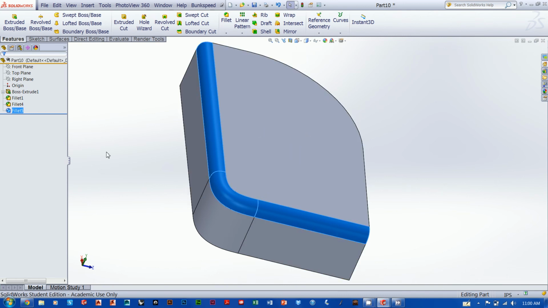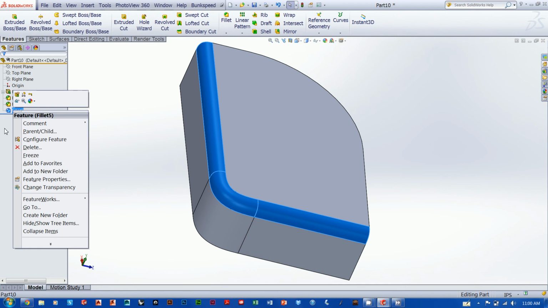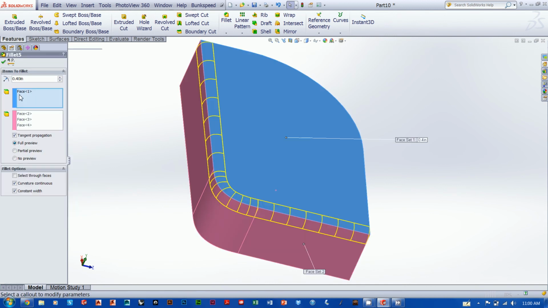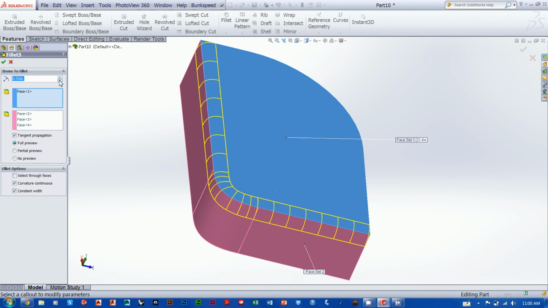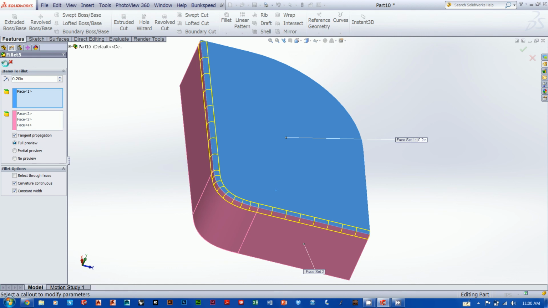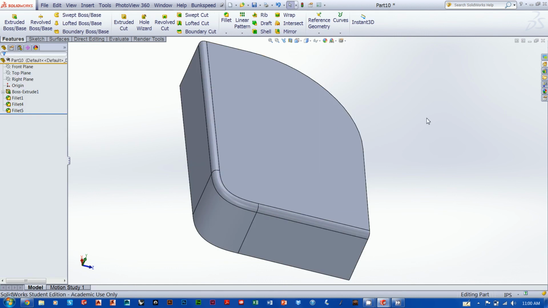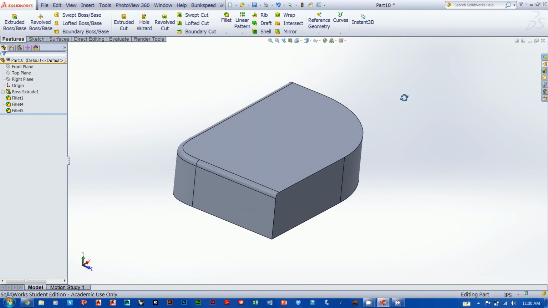Okay, and just do a right click on any one of these and go up here to edit feature, and you can always just change the radius of this as much as you want. Who cares? There it is. Super easy. Okay. All right, guys, so play around with fillets, and in the next video we're going to move